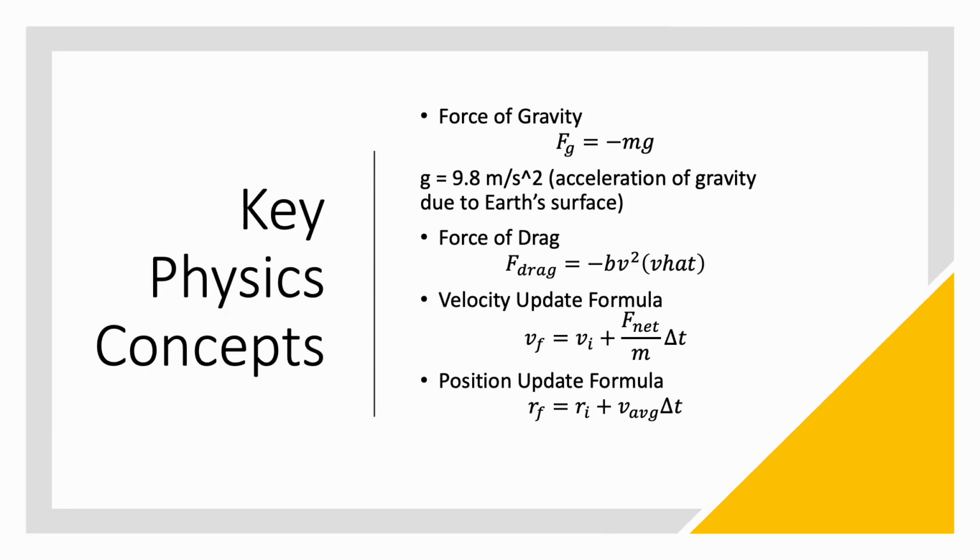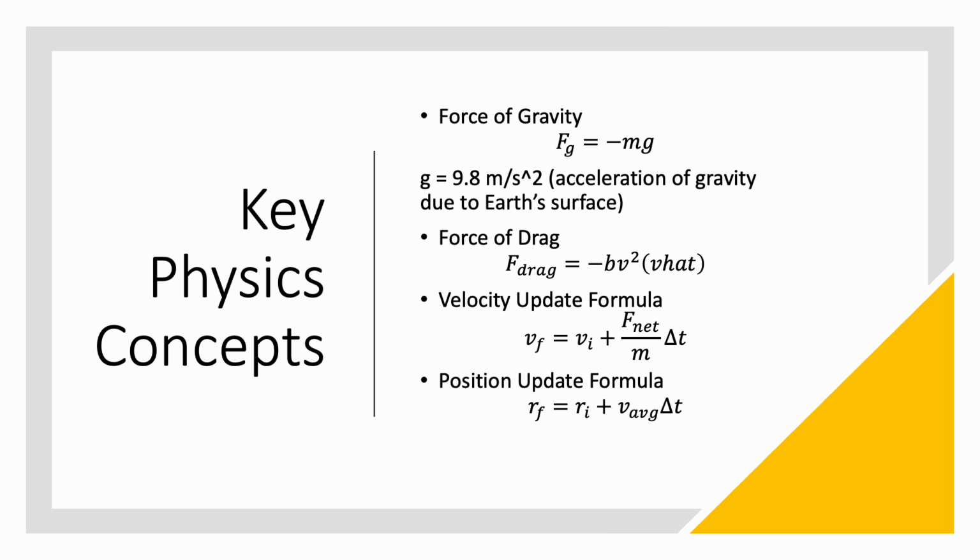Just some key physics concepts that I want to go over before we dive into the data and code. The force of gravity is measured in the negative direction and is the mass times the acceleration of gravity due to Earth's surface, which I included as 9.8 meters per second squared. And then the force of drag is equal to negative b, which is the constant, times v squared and v hat. And v hat is the directional vector, and then v squared is going to be the magnitude of the